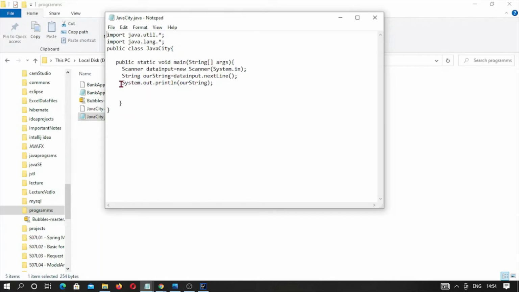Now whatever we have collected in our string variable needs to be taken out on the console. So we have to again write a statement for doing so, and again this is the System class and its field out. This out field is a static and final field, and it is a ready and open output stream, and this is a PrintStream class object out, and its method is println, print new line.